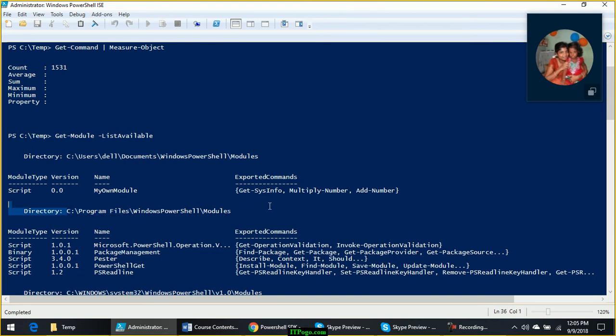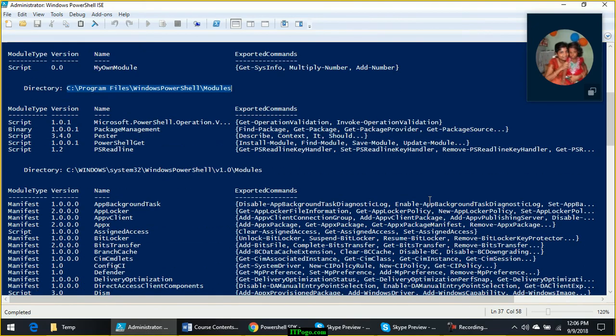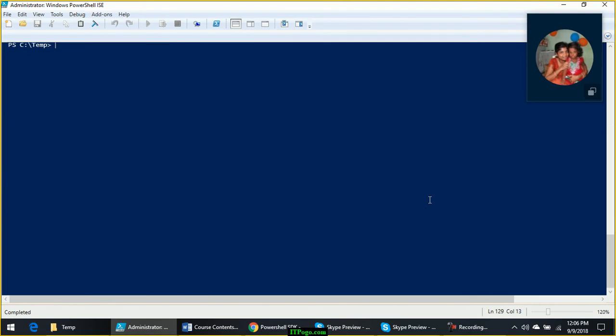But how will PowerShell come to know that it has to pick the Citrix modules from, for example, C:\Program Files\Citrix\Modules, where Citrix is installing the modules? How will PowerShell know that the Citrix modules are available under that path?